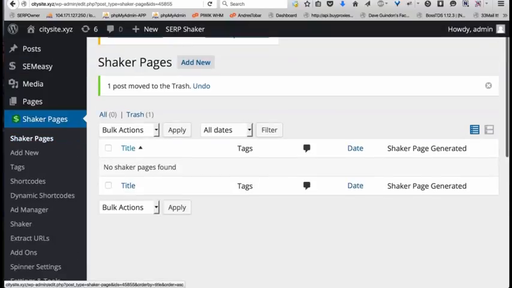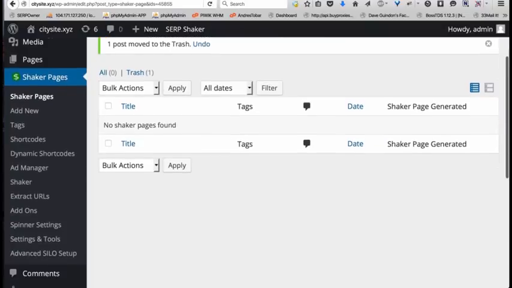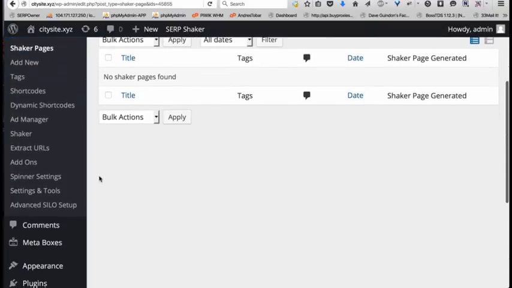I don't want this to be like, oh, he's showing off SERP Shaker, I've got to buy it now. I know a lot of the members in SEMeasy have the plugin, so I figured it was okay to show that. If you happen not to have it, you absolutely want it. I'm not doing any kind of sales pitch. Just send me a private message, and I'll get you a great deal. Now that I'm a part of SEMeasy as well, I'm not trying to profit off of that.